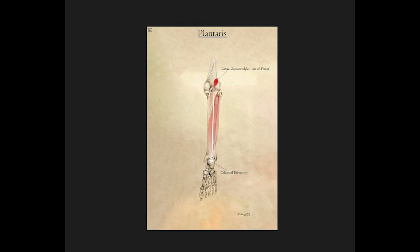Also inserting onto the calcaneal tuberosity. Okay, also inserting onto the calcaneal tuberosity. Next, the big boy,